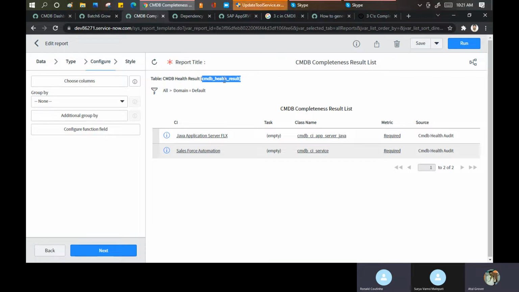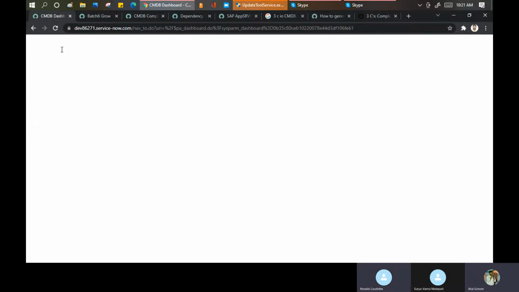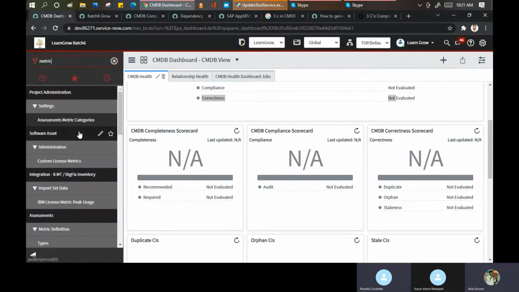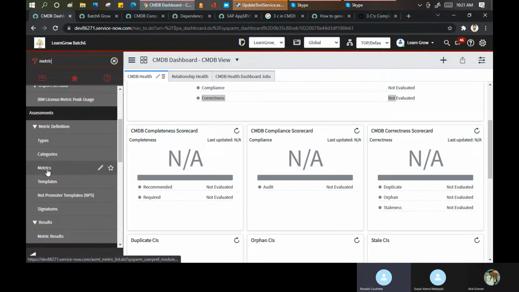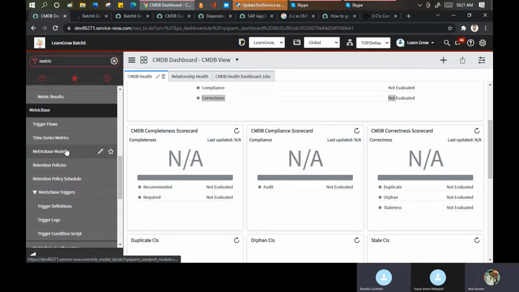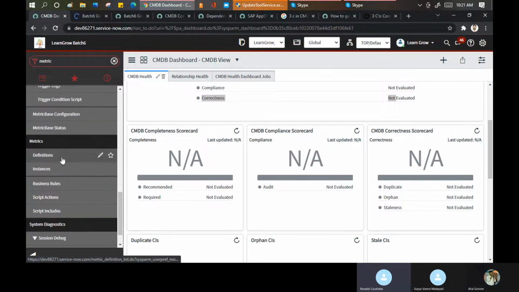If it is a view, it means it contains two tables, and from the second table, this metric is coming. And the second table can be metric only. Or maybe we can check here if in the metric we get something. Metric base, metric instance, business tool.